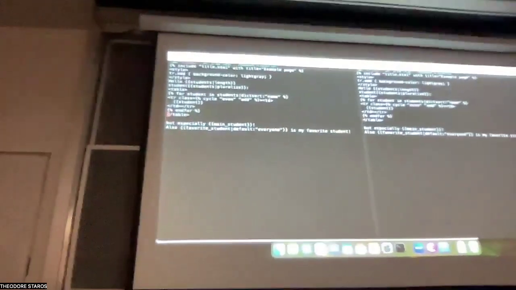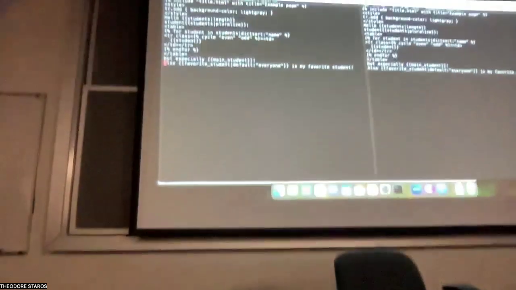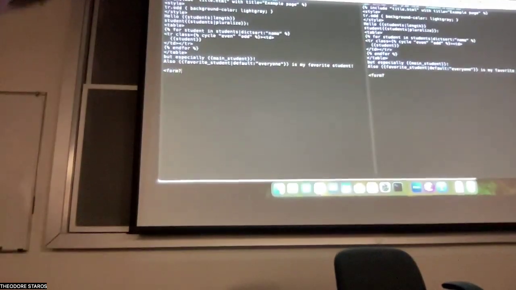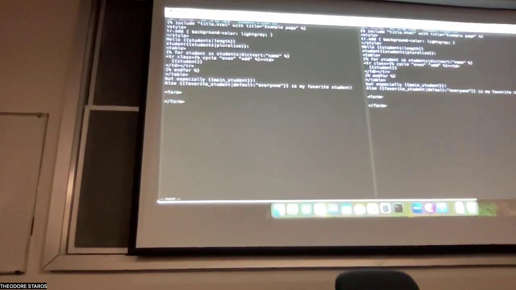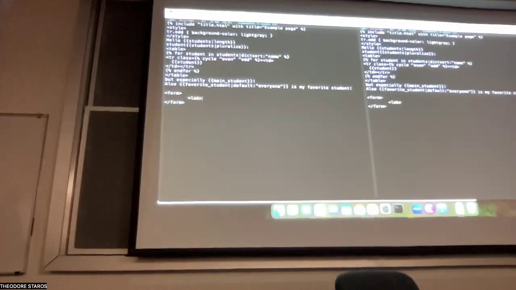I don't know why. So now we want to add a form to this page, and a form is just HTML. So I'm going to go over here and make a little form. So you recall that a form is an HTML element, it's a container element, and what it contains is a bunch of input fields. So